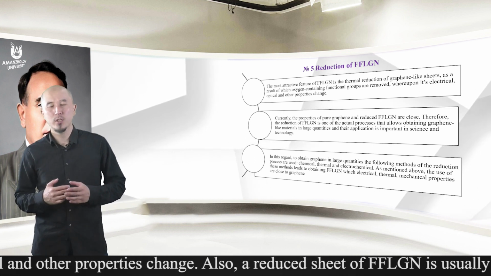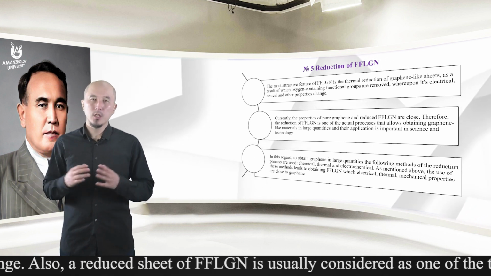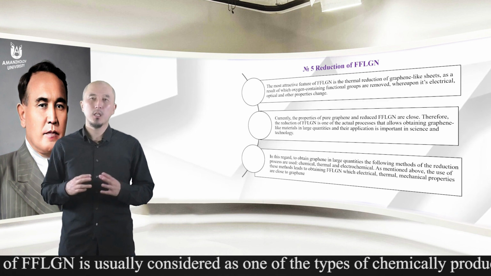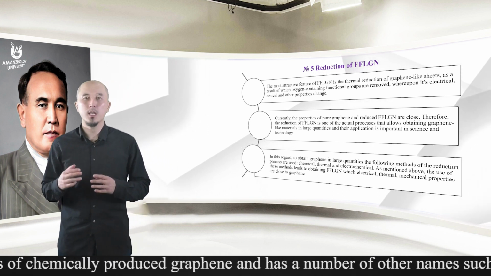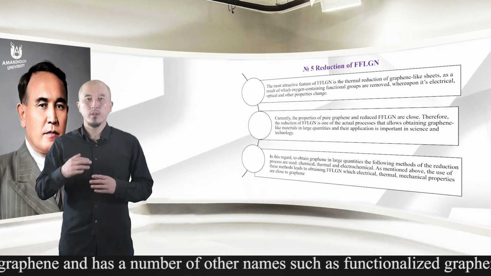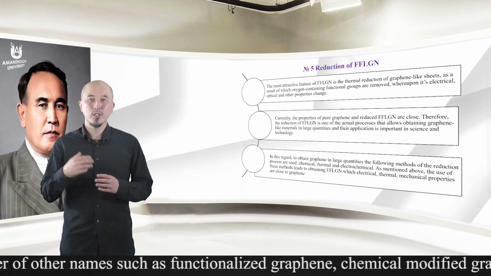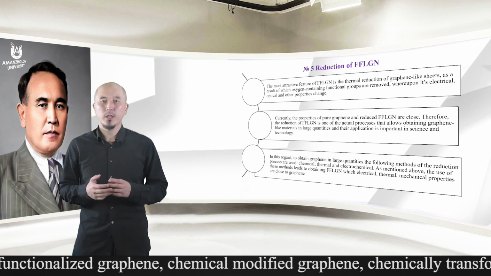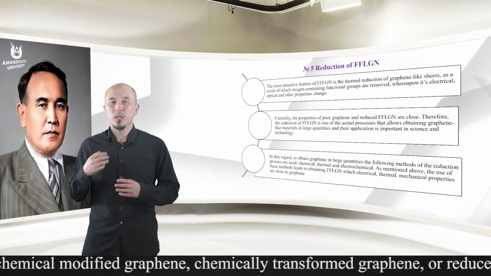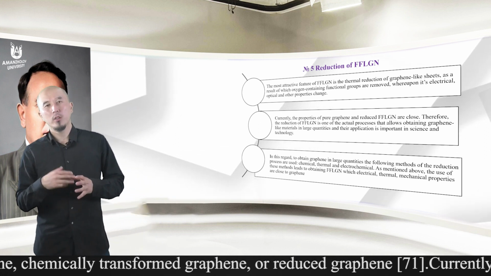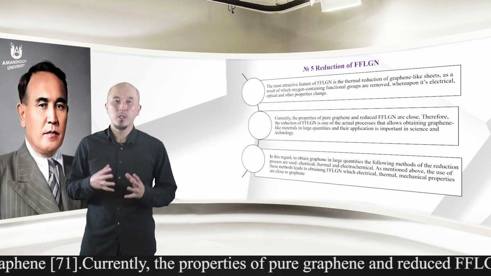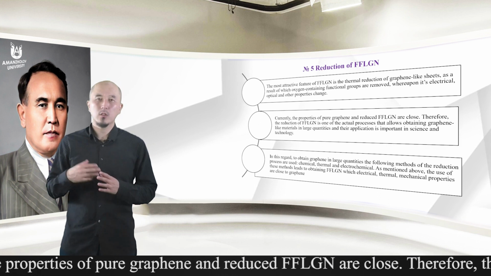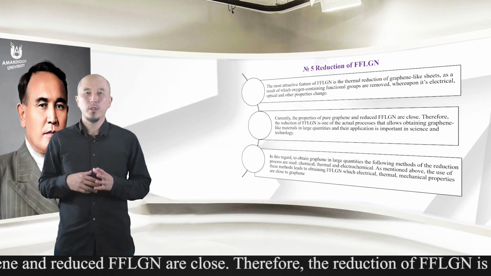Also, a reduced sheet of FFLGN is usually considered as one of the types of chemically produced graphene and has a number of other names, such as functionalized graphene, chemically modified graphene, chemically transformed graphene, or reduced graphene. Currently, the properties of pure graphene and reduced FFLGN are close. Moreover,